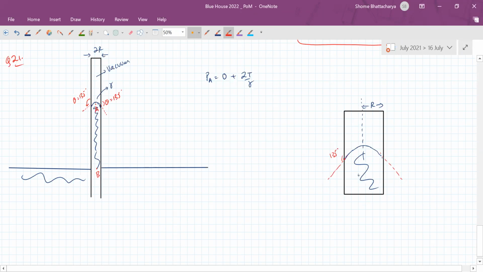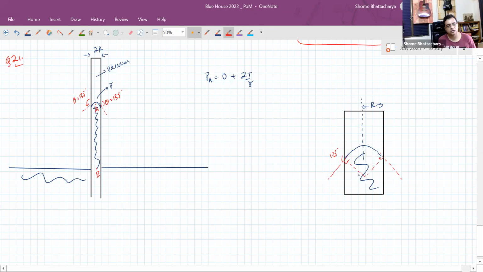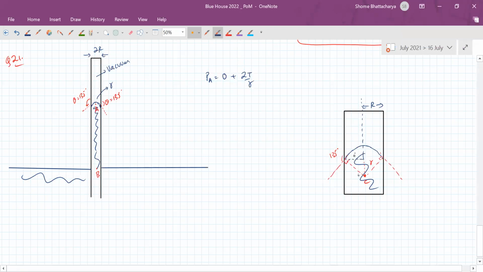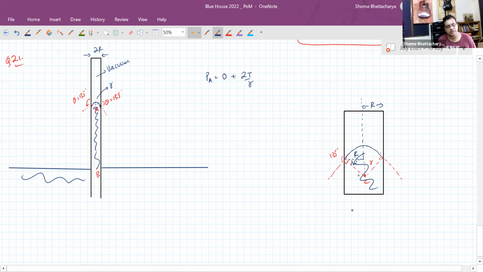Yes. Not outside. So we drop a normal here. So this is the center of curvature, and this is small r. Yes. This is capital R. So this is a 45-degree triangle. So small r